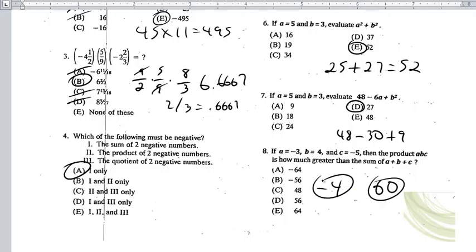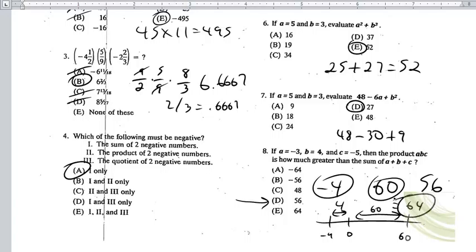Now people tend to do this. They say, oh, well, 60 minus 4, and they give me an answer of 56, which, by the way, is right there. Okay, but you need to realize that if you look at a number line, if this is 60 and this is -4, to get to 0, isn't that 60? And then to go another 4, so your total is 64. That's how much greater it is than